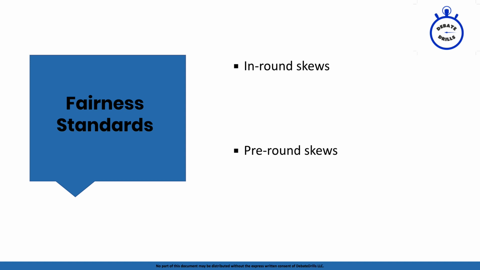Great. I'm going to pause there, and I'm going to move us to pre-round skews now. So we've talked about some major ways in which the debate can be skewed in round. How about ways the debate can be skewed before the round? Well, there are a couple of major ways that come to mind. One is that maybe one side, because of the strategies implemented in the debate, has to do significantly more research than the other side to be able to be competitive. So if we walk into a debate where debater A has to have 20 times the amount of preparation as debater B to have a fair shot, we would say that has caused a fairness skew because of the way that the allocation of responsibility was divvied up before the round.